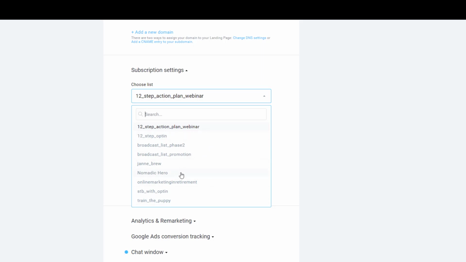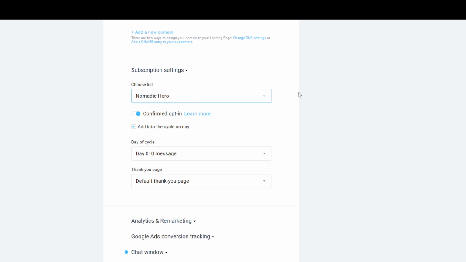So I would probably connect it to Nomadic Hero. Confirmed opt-in. There is an alert to learn more about what confirmed opt-in means, and basically it means that an email goes to the person's email address and asks them to confirm this is a real email address, and that in fact makes sure that you don't